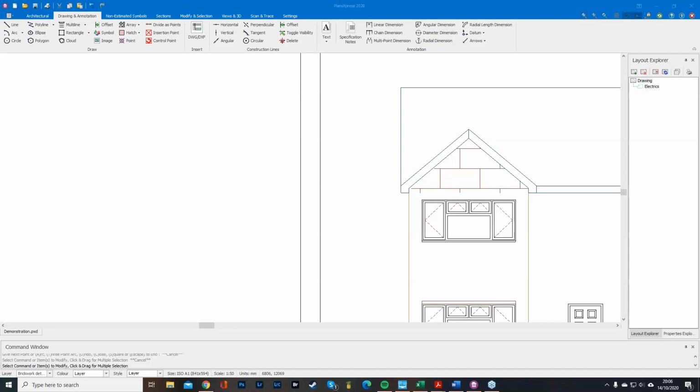So another question, what is the difference between an endpoint and an intersection? Some options come up. Totally honest with you, I can't answer that question. I've never been asked that before. So I'm guessing the endpoint is going to be the end of the line, the intersection somewhere in the middle. Honestly,